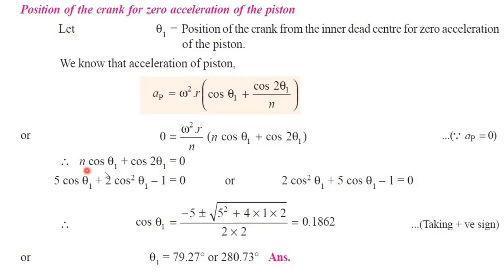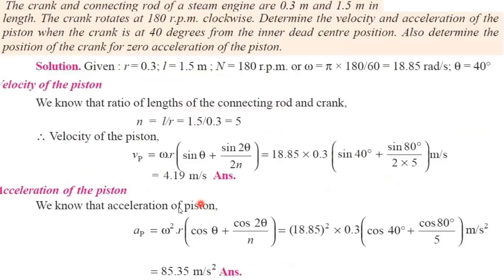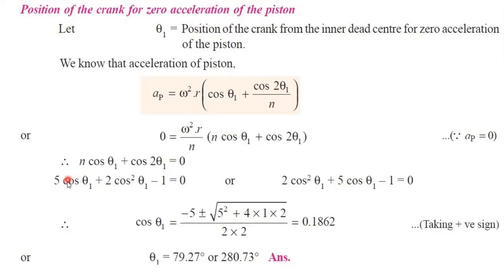So N cos theta 1 plus cos 2 theta 1 is equal to 0. Here, if you substitute the value for N we already found, N is equal to 5, so substitute 5 and here we know very well that